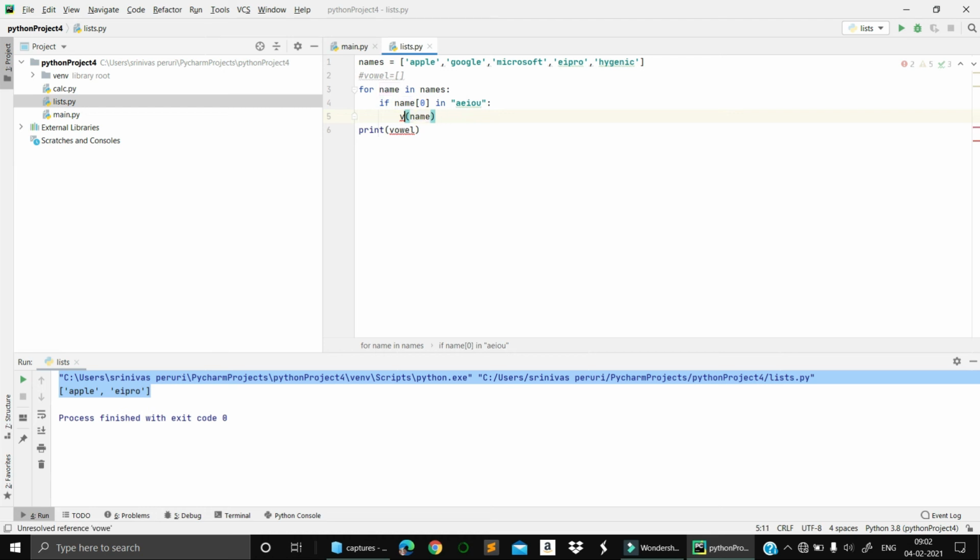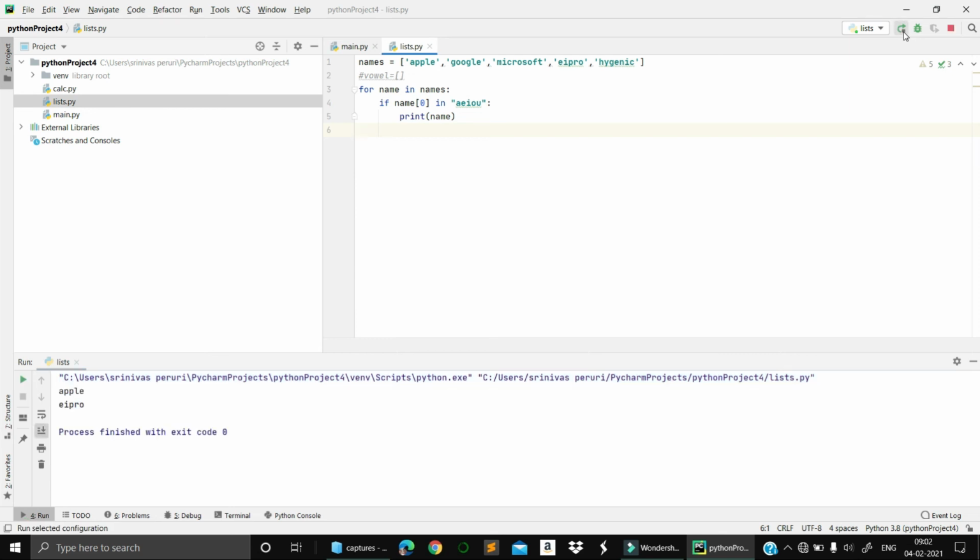I don't want append. You are just reading the whole list. Let's run this one, for name in names. I'm not checking the condition either. I just need to print all the elements. Let's run this one. I'm getting Apple, Google, Microsoft, Wipro, and Hygienic. So in a simple way, I'm getting all the elements, reading one element at a time.